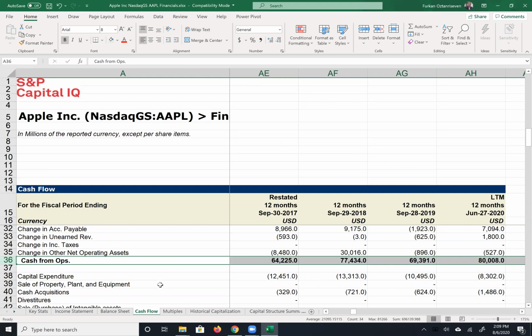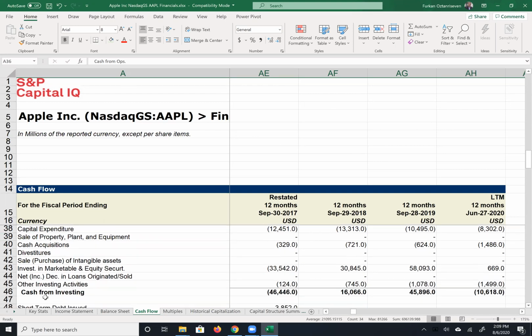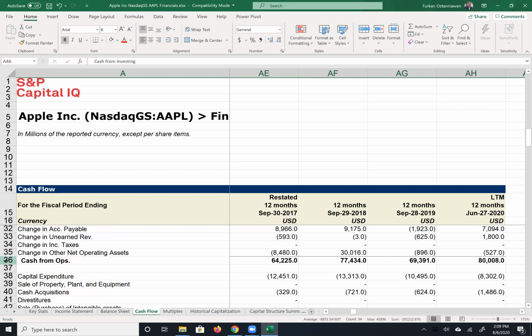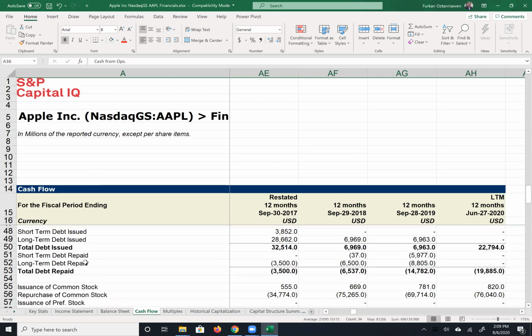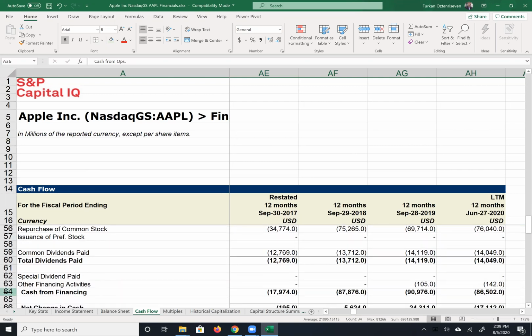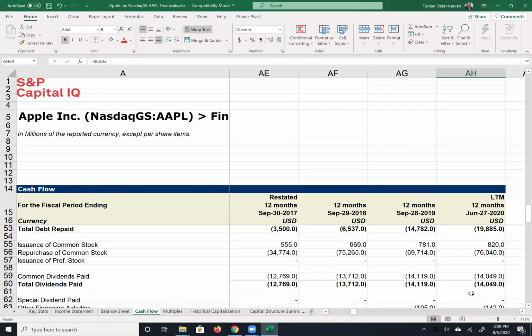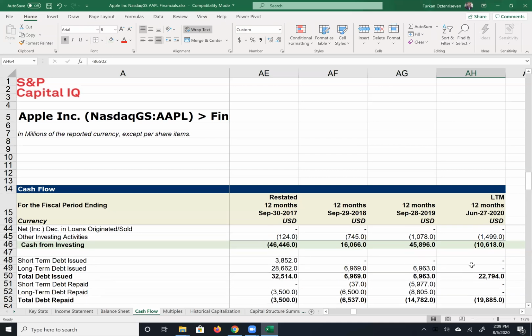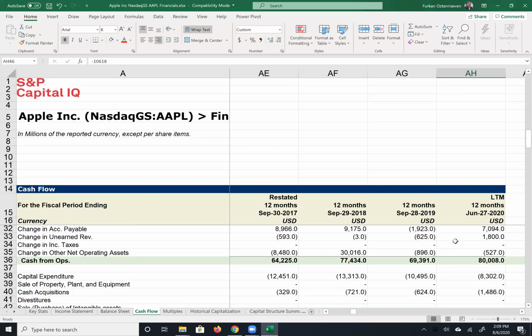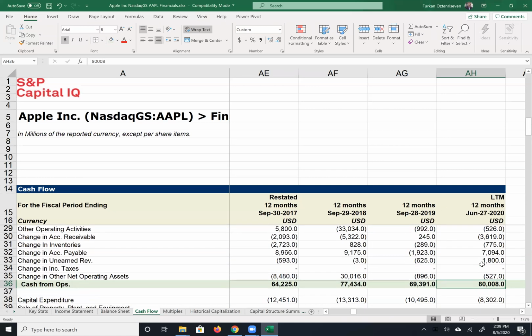So maybe if I step back, the cash flow statement includes cash from operations, one, cash from investing, that's the second component, and finally cash from financing. If you look at it, cash from financing is $86 billion negative. And cash from investing is negative $10.6 billion. However, cash from operations is a positive number of $80 billion. Again, this $80 billion